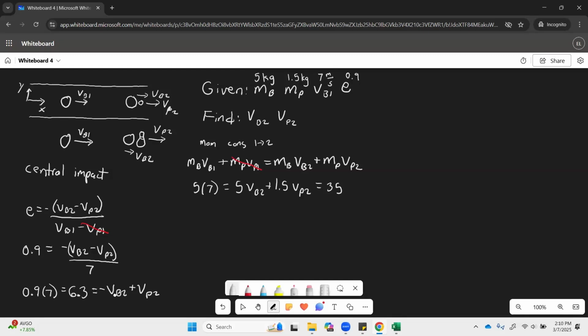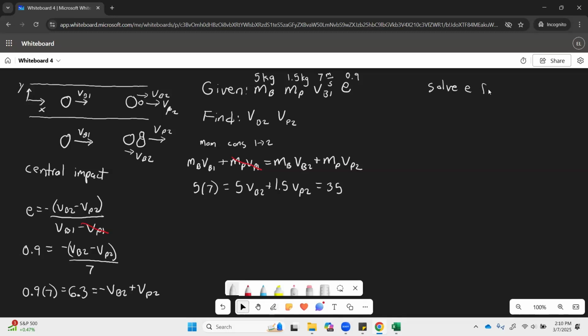Now, since we have coefficients that are not 1 in front of these from the momentum equation, the easier way to solve it is going to be substitution. So we'll rearrange one equation, this one down here at the bottom, solve out for VP2 in terms of VB2, and then we'll plug that into the top equation and solve out for VB2. So I'll just write here, we're going to solve